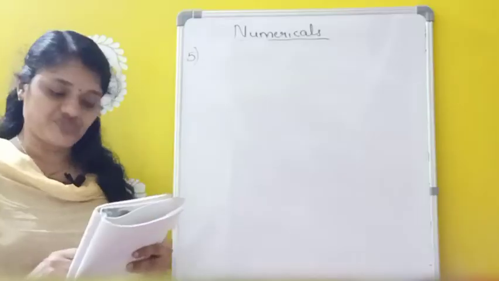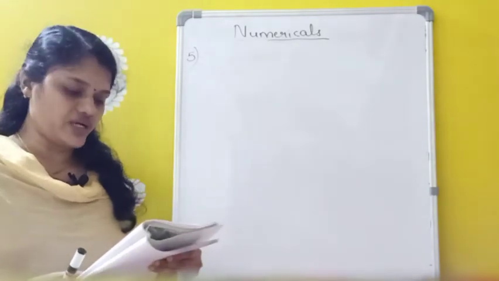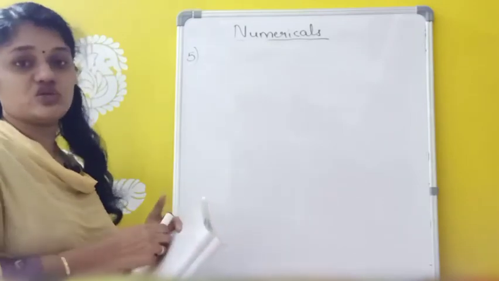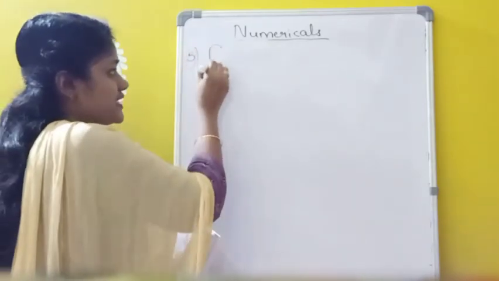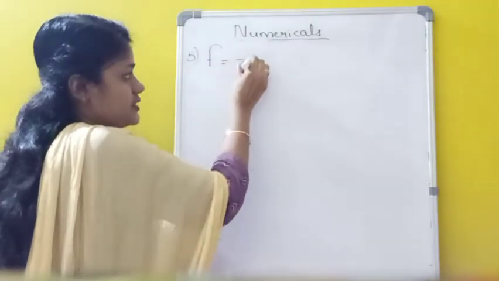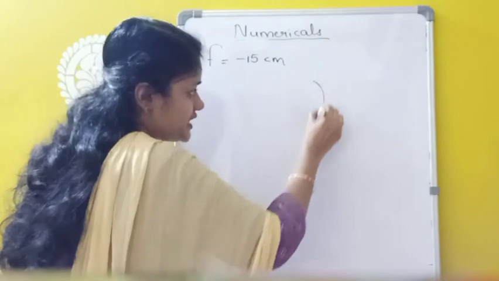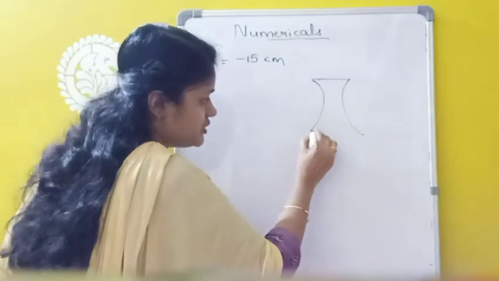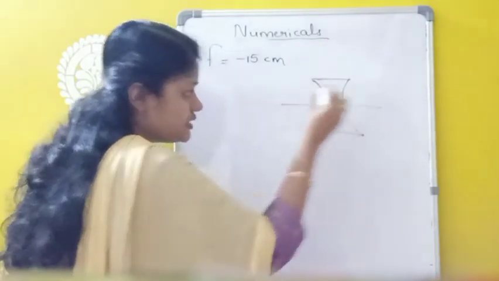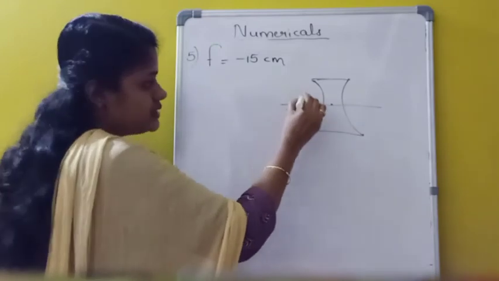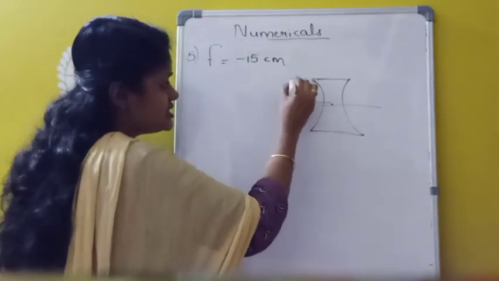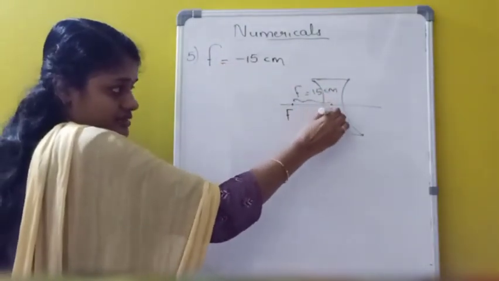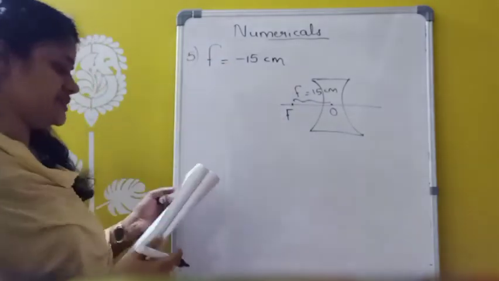Okay. Now, fifth problem. A concave lens of focal length 15 cm forms an image 10 cm from the lens. So a concave lens of focal length 15 cm. Concave lens means focal length is minus 15 cm. We know the shape of a concave lens. So whenever we are getting a problem, first of all draw a rough diagram for that one. So concave lens, and this first focus comes on the left hand side only, and this must be the focal length. So it is given as 15 cm. Why have we taken minus here? Because it is towards the left side of the optic center. So it is taken as minus.